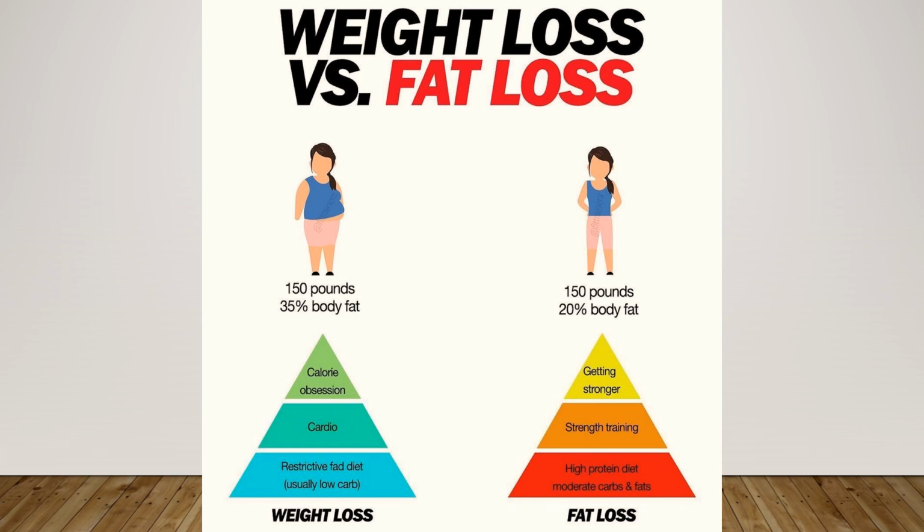Another thing, strength training. Along with cardio, you need to do strength training as well. What is strength training? You can use dumbbells, weights to do a workout. You need to have that to make sure your muscles are also getting stronger while losing weight. Now the third point is getting stronger. Yes, that's what I mentioned. When you gain muscle, you get stronger. So that's why always go for fat loss instead of weight loss. You need to avoid the obsession with the weighing scale.